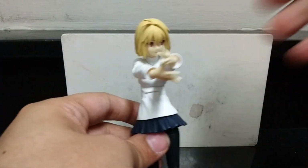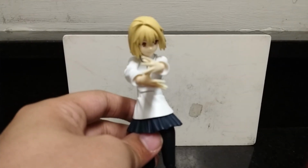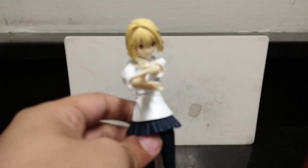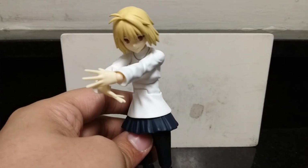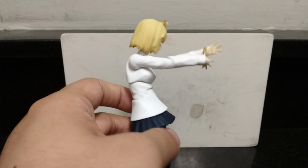Okay, so she can actually bring the arms in a little bit more than I thought. So that's good. This is why you do these things in real time, so you can make these discoveries. Okay, so that's good. It doesn't look ugly. A little bit in the back, but...